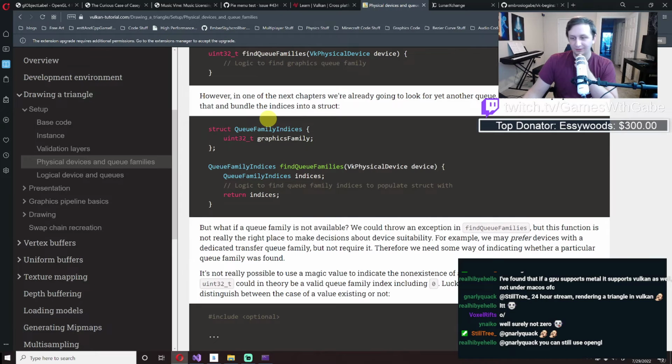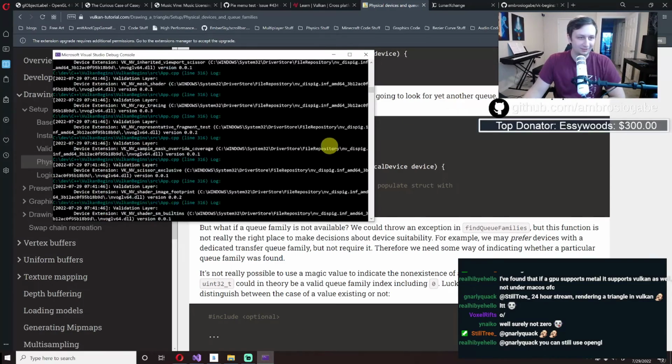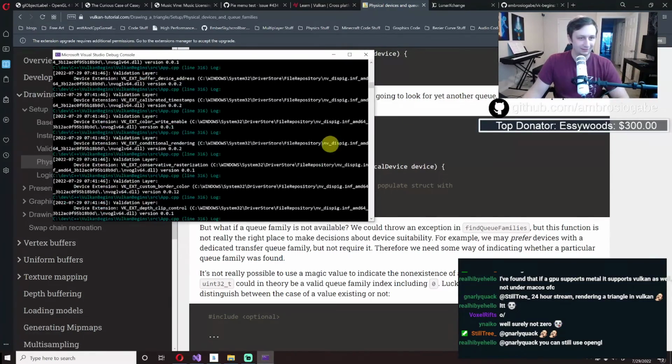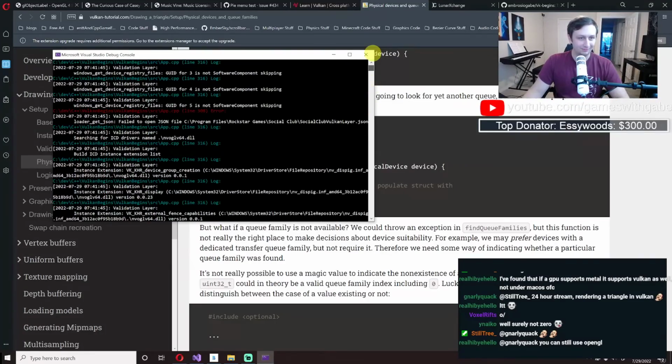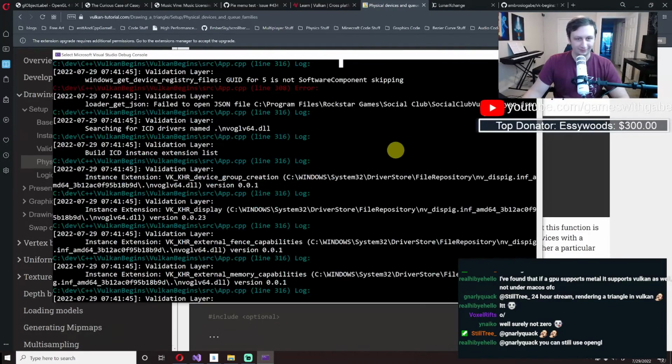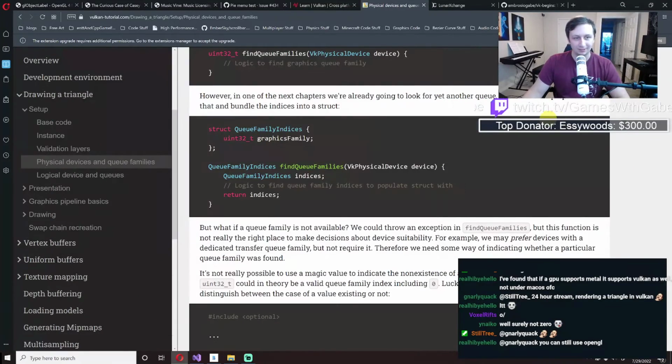And for Voxelriffs and anyone else just joining, yes, we have only made it past our validation layer. And we found out that Rockstar has hijacked my computer and is throwing errors somewhere up here. Man, I feel like that's grown. For the ghost Rockstar JSON file, I didn't do it, I promise. I hope I didn't do it. Okay, anyways,